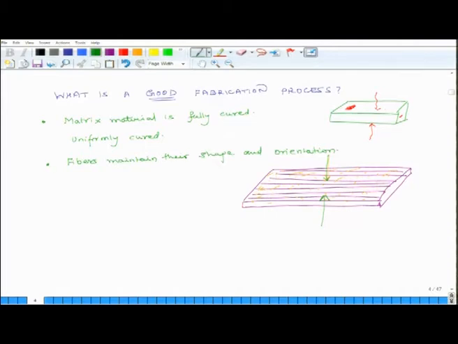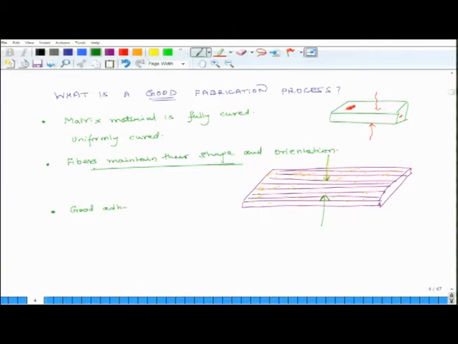And once that happens, the properties of the sheet, mechanical properties, will change significantly, and that is not what I wanted to begin with. So, a good fabrication process is which ensures that whatever shape I want, that remains till the end, till the fibers are locked into their position. This is important to understand. What else? Then we also want that good